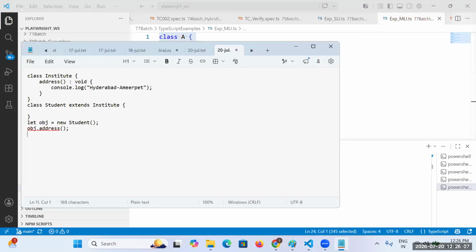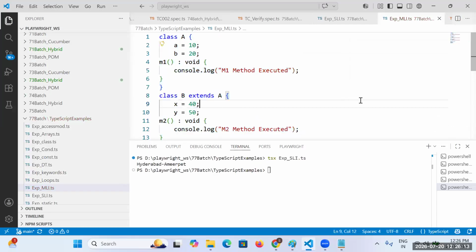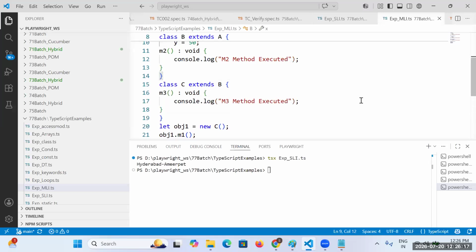Considering that, we are taking it with multi-level inheritance here. So in this way, you need to go with single-level inheritance and then multi-level inheritance. Let's see how the program executed: TSX example underscore multi-level inheritance, taking it with the TS. M1 executed, M2 executed,